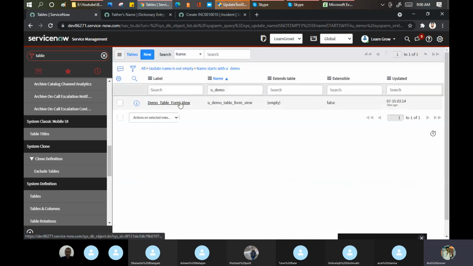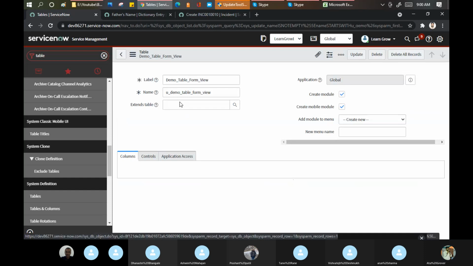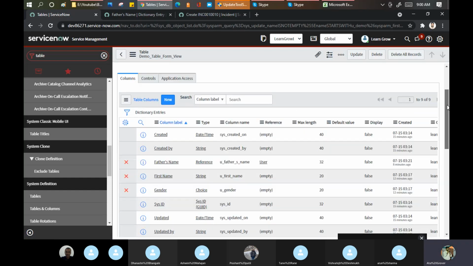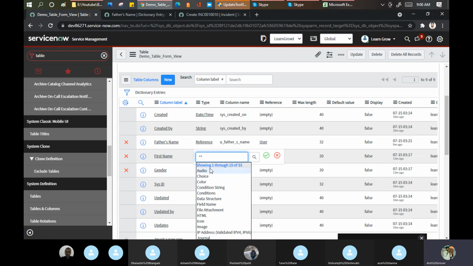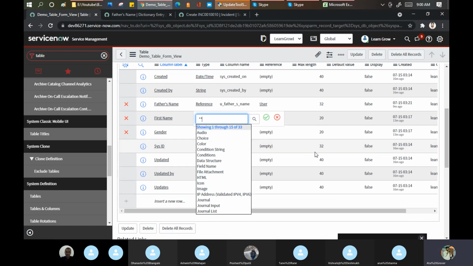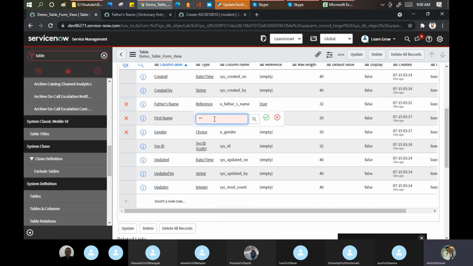It is your homework to understand how many fields or how many types of fields you want. Let me change the first name from string to integer. It is not integer. Let me see what else we can use here. You can use images. We need to see everything here, but you can get that option easily. That's not a tough part here, Arun.